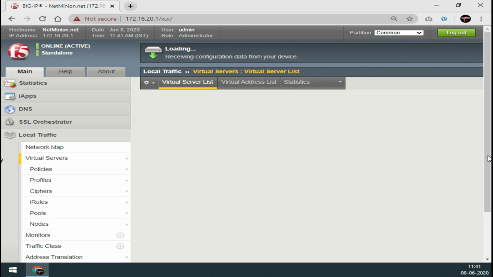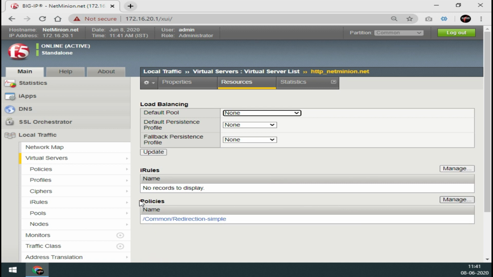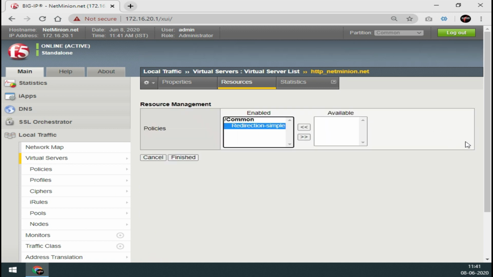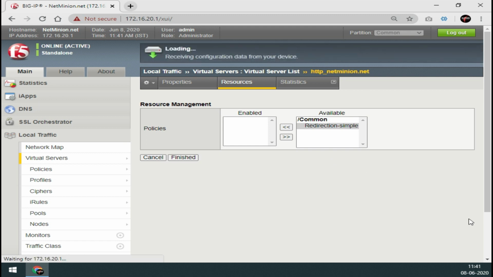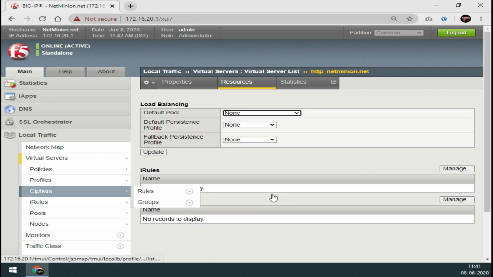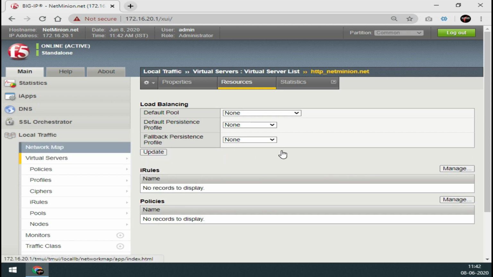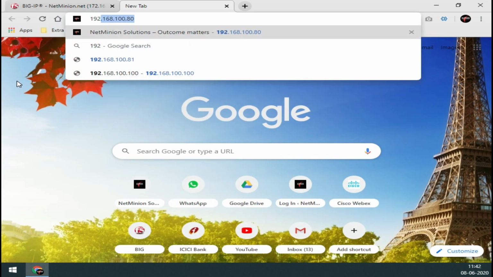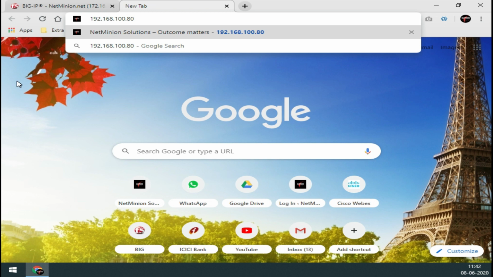But before that, let me check that there is no iRule or anything like that available. Okay, there is a policy already there. Let me remove this policy and finish with it. So if you check over here, I will run 192.168.100.80,